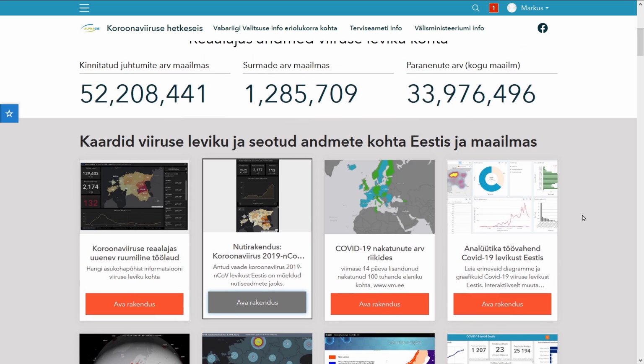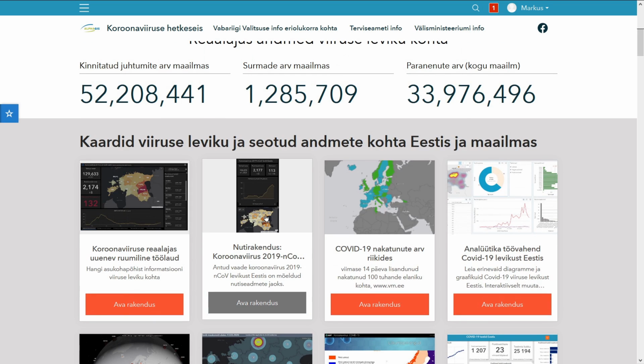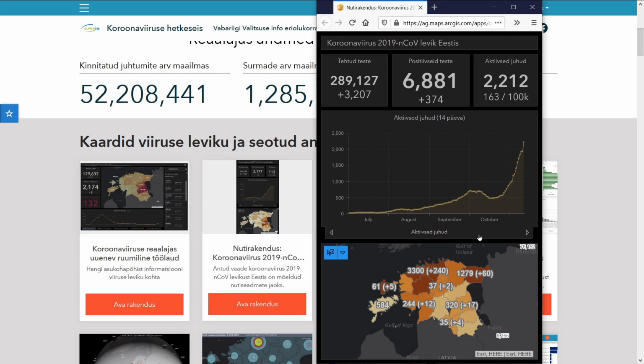We decided to produce a mobile-friendly version of the dashboard that looks like this, which provides a reduced amount of content while at the same time showing all the required data to stay informed. Also here you can select different regions and then the numbers will update according to the region.